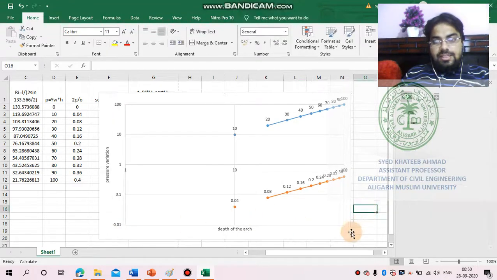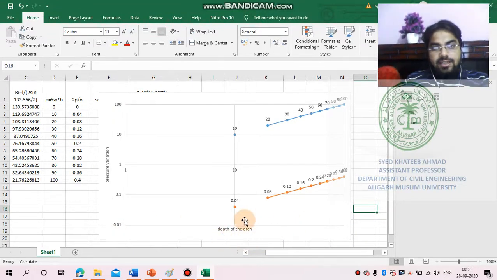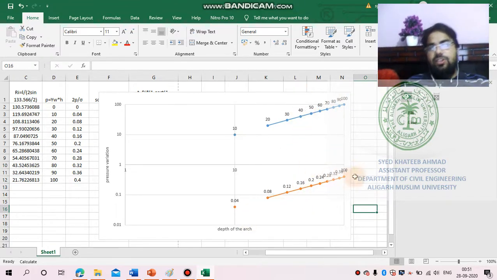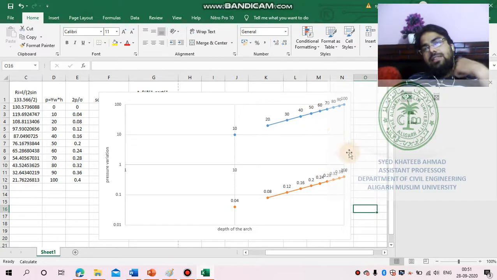You can see how the data and the values are changing. When changing into logarithmic scale, for the pressure distribution, this is 1 upon 10, this is 1 upon 100, this is 10 to the power 0, 10 to the power 1, 10 to the power 2. Now you can clearly see the variation of the data in log scale. So this is actually a log scale graph.